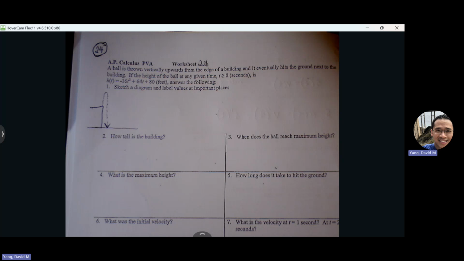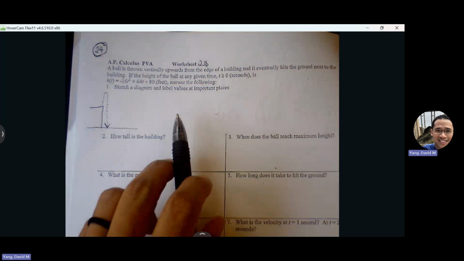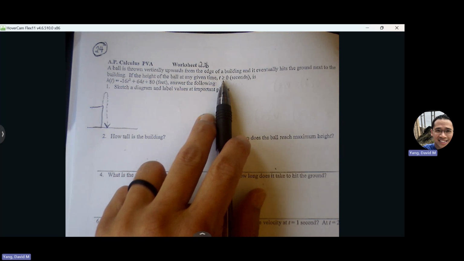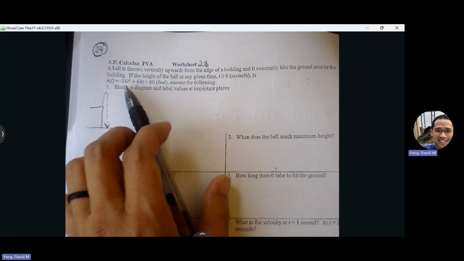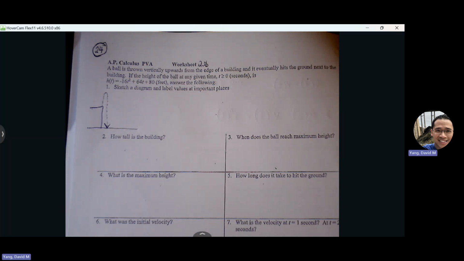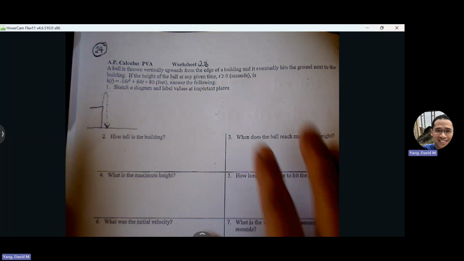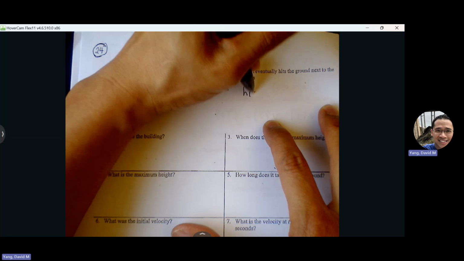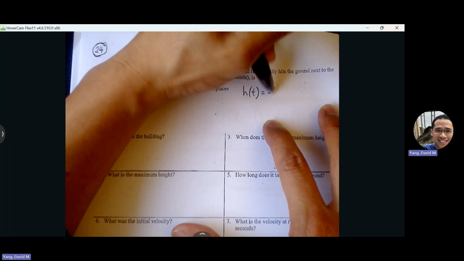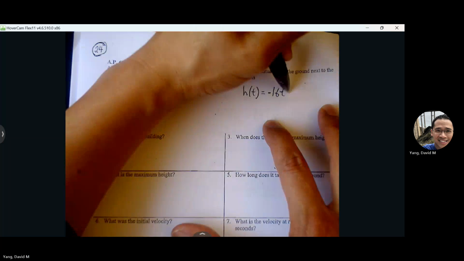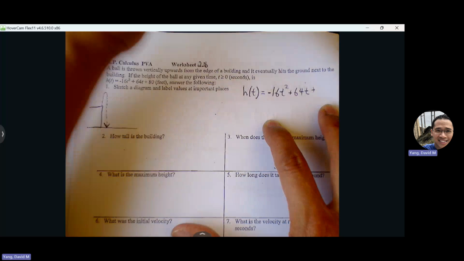If the height of the ball at any given time t, where t is greater than or equal to 0, so we're only considering time to the right of 0, h of t, this is the position function. There's a lot of different variables that can represent the location of an object. It could be h of t, s of t, p of t, or x of t. Whatever they define will be your starting function. So go ahead and put that down here. h of t is equal to negative 16t squared plus 64t plus